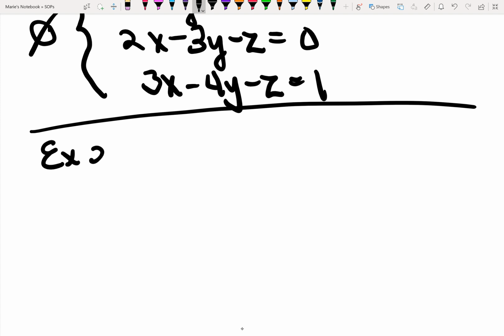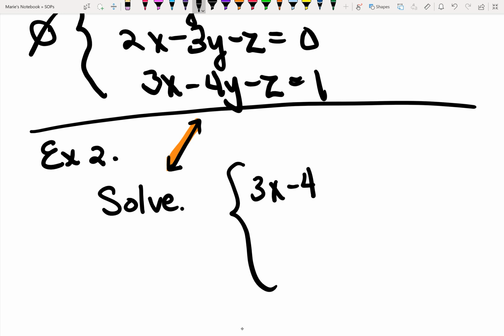Example 2. This is an infinitely many solution. So this is the one where you have the straight line over itself. Basically the same line. So you're going to follow the same steps. We're going to solve the system. They are giving you